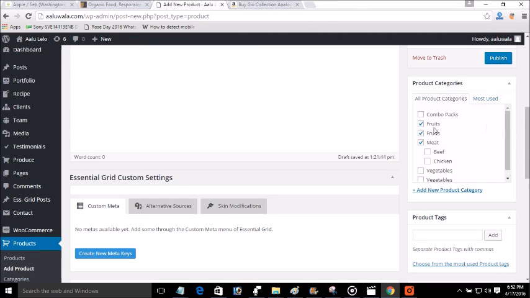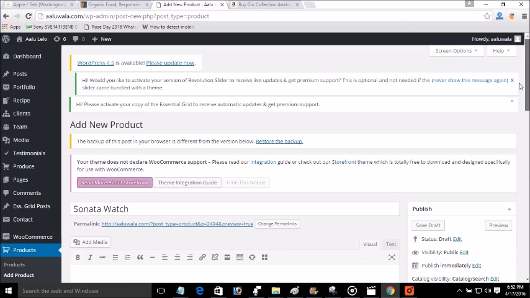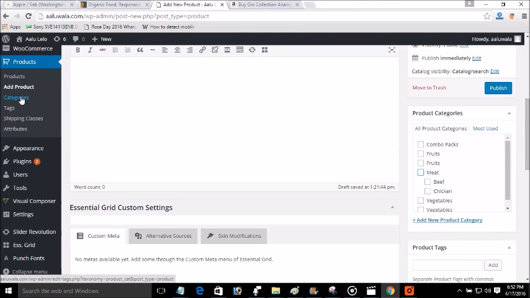So suppose if you are making an online store of fashion, for that you need to create the parent categories. What will be the parent categories? Here it will be like men's clothing, women's clothing. Under that the child categories will be the jeans, shirt, tees and all that. So which you will do from here, from the product categories.